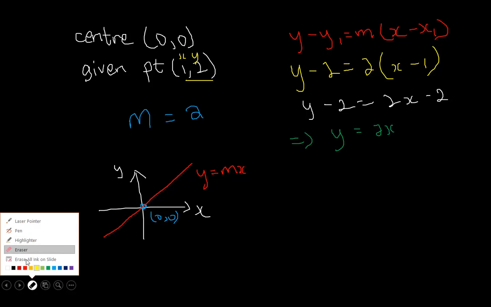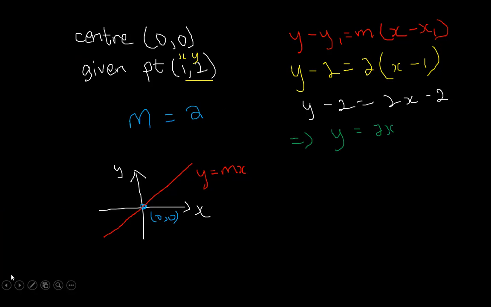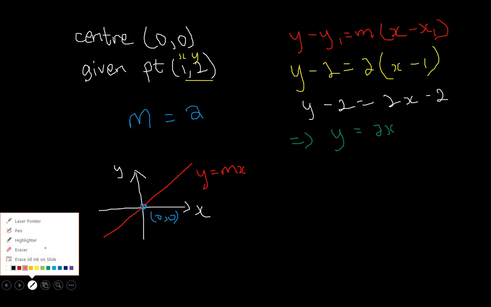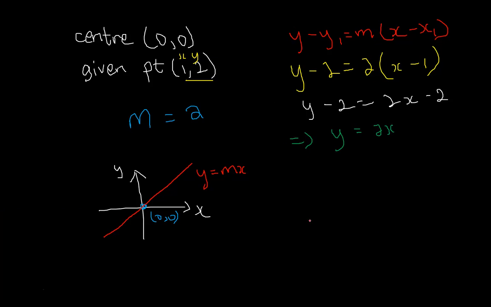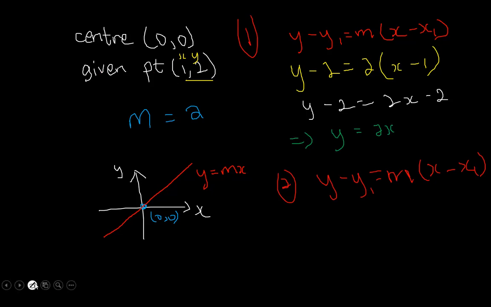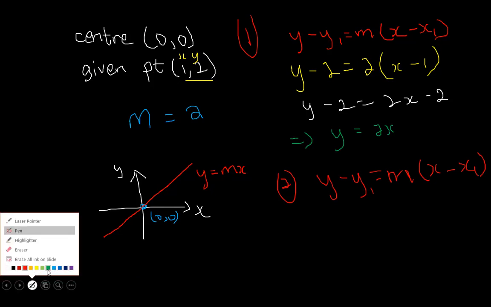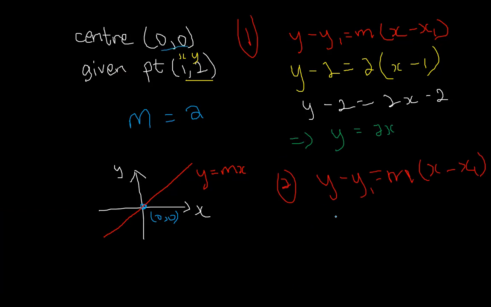So I wanted to prove to you that you could use either point for the normal. Let me just continue down here. So this is one method. Cool. Next method. Actually, let me use the same method. So the same y, x1. But in this case, instead of using the given point, I'm going to use the center. So y minus 0,